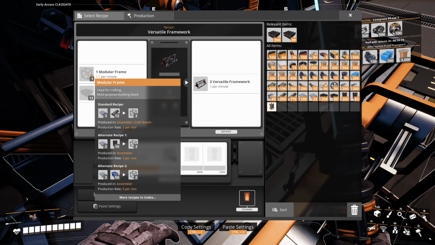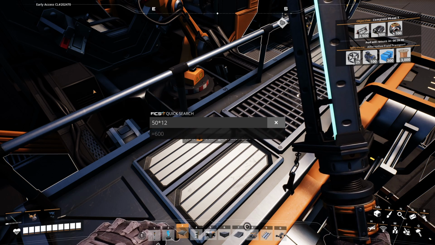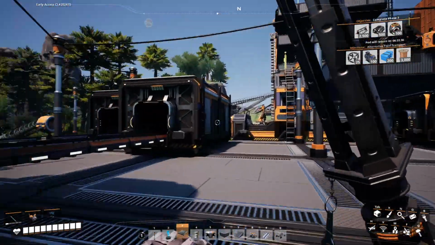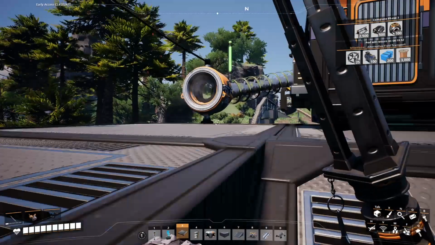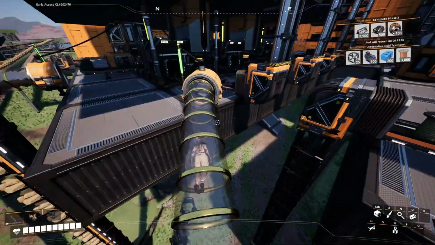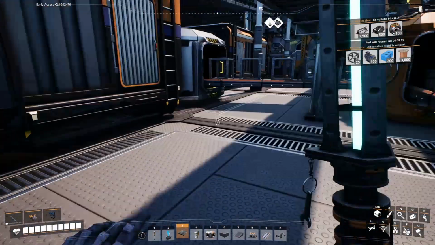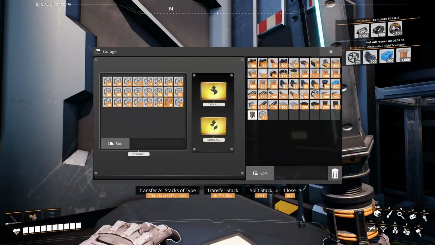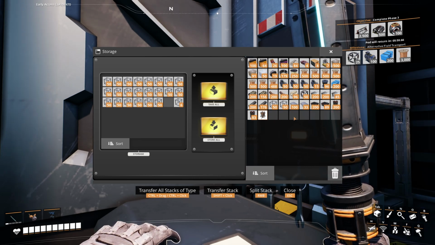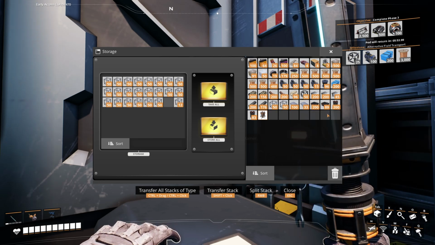So 50 modular frames means, so 50 times 12, we're going to need 3 stacks for each modular frame stack. We can pull that off quite easily. So 3 stacks of steel beams per 1 modular frame stack. So I don't know if we've got enough inventory space for... We don't. Let's get rid of some copper sheets, and then that way 1, 2, 3, 4, 5, 6, 7, 8 will be enough. No, it won't, because we need...